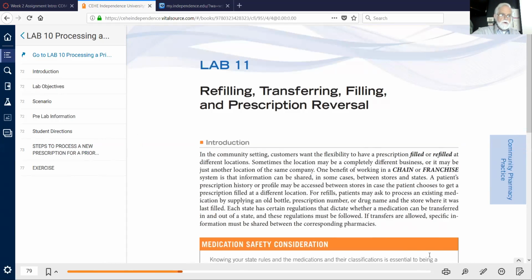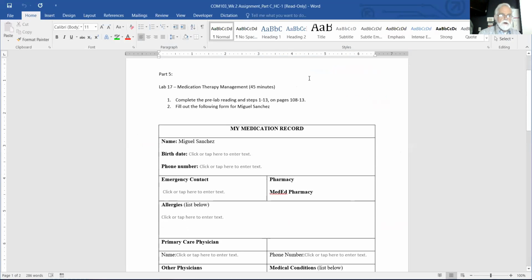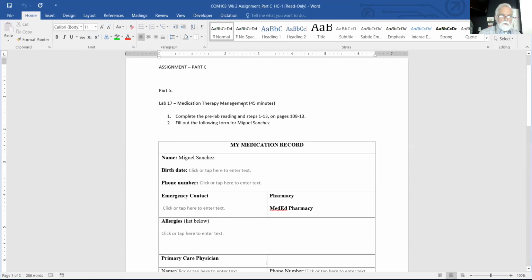Okay, this is lab 17. So you'll have to go back in your textbook. We look at this. Let's do a screen share. Okay, if we look at this in the textbook, it tells you to go to pages to lab 17. So the way we get to that is to,